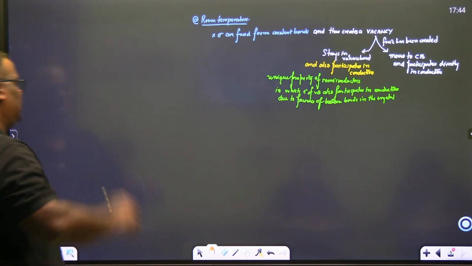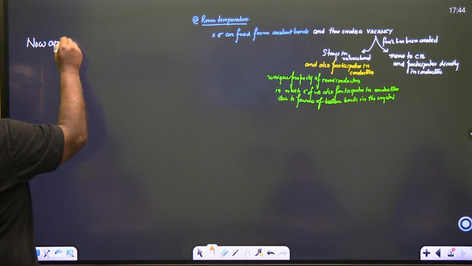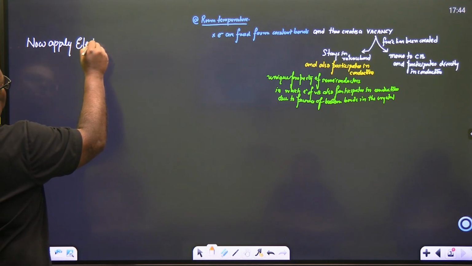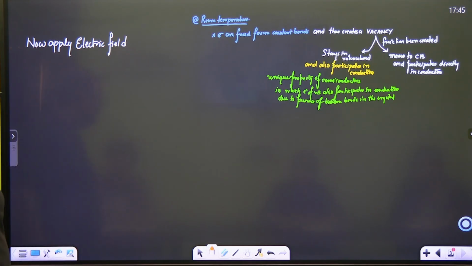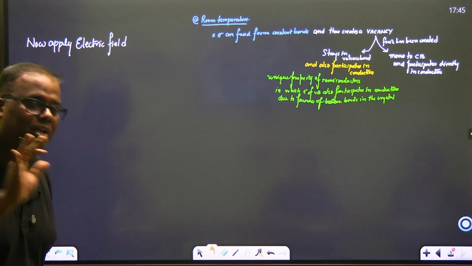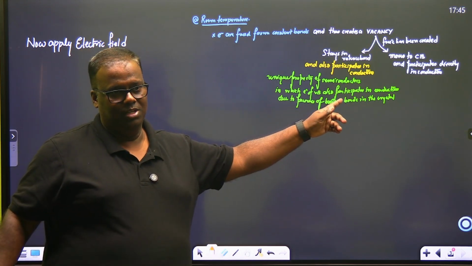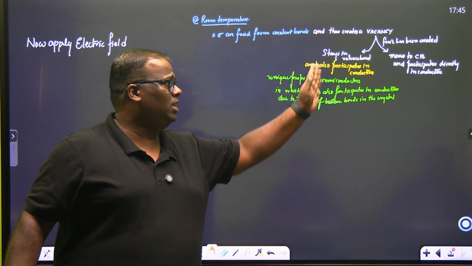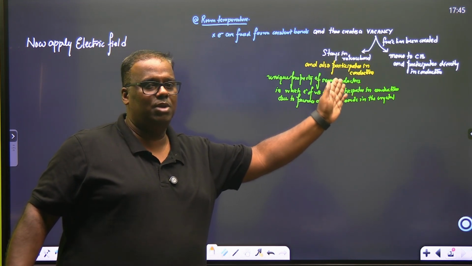Now, keeping this in mind, apply an electric field. So understand what the scenario is. You first took a semiconductor, you raised the temperature, excited it so much that it created a free electron in its valence band, and a vacancy is also there. At this moment, you are trying to apply an electric field. Why are you applying an electric field? You want to now tame this electron. If the electron has already gone to the conduction band, no questions asked. It is conducting. If it is still in the valence band, I need to make it conduct.